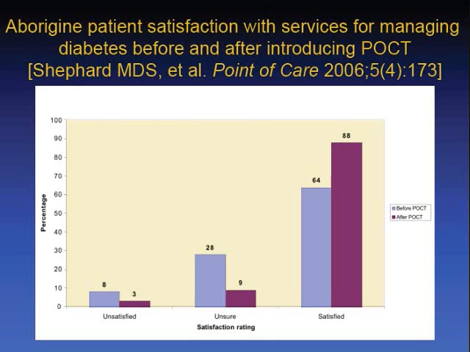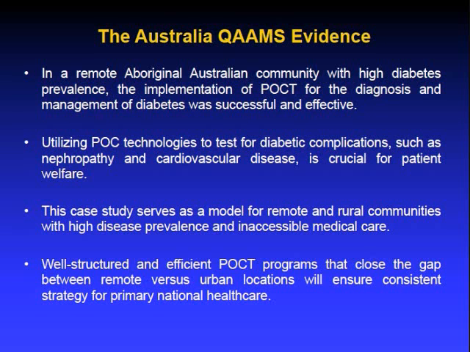Overall, the Point of Care and Aboriginal Hands program was successful due to the excellent commitment from the staff and management and the program's overall ability to be transferable and adaptable. In a remote Aboriginal Australian community with high diabetes prevalence, the implementation of point-of-care technologies for diabetes was successful and